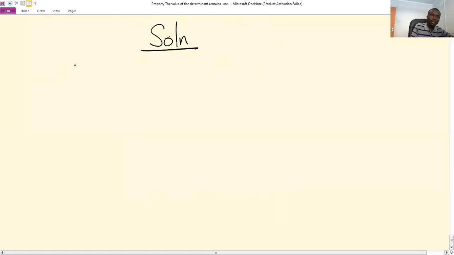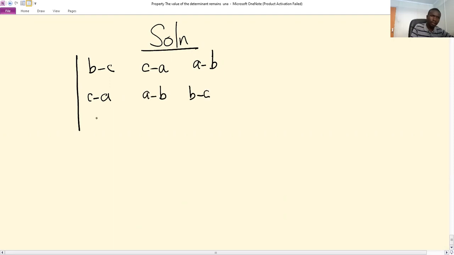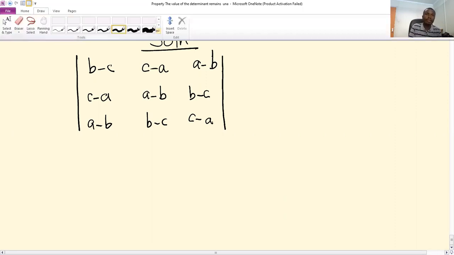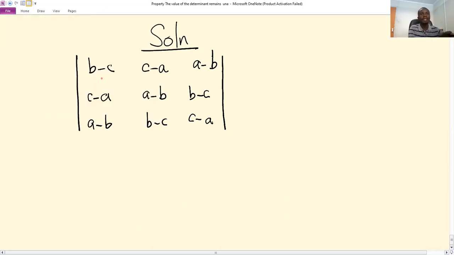We have to show that the determinant with rows (b minus c, c minus a, a minus b), (c minus a, a minus b, b minus c), and (a minus b, b minus c, c minus a) is 0. If you check clearly, the elements of this matrix are formed by the letters a, b, and c. So we can say,